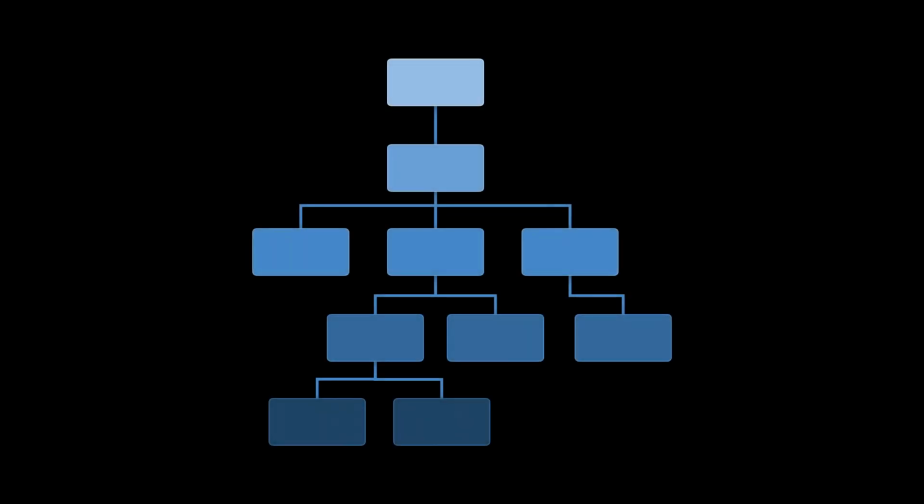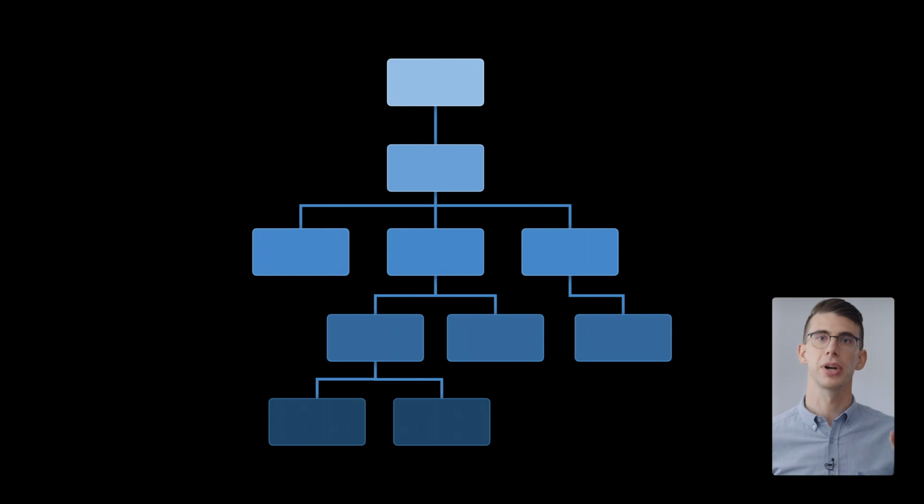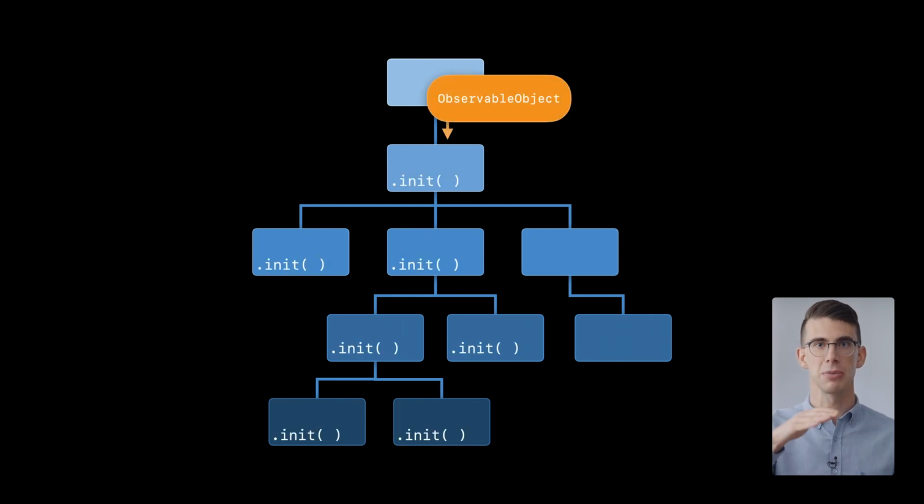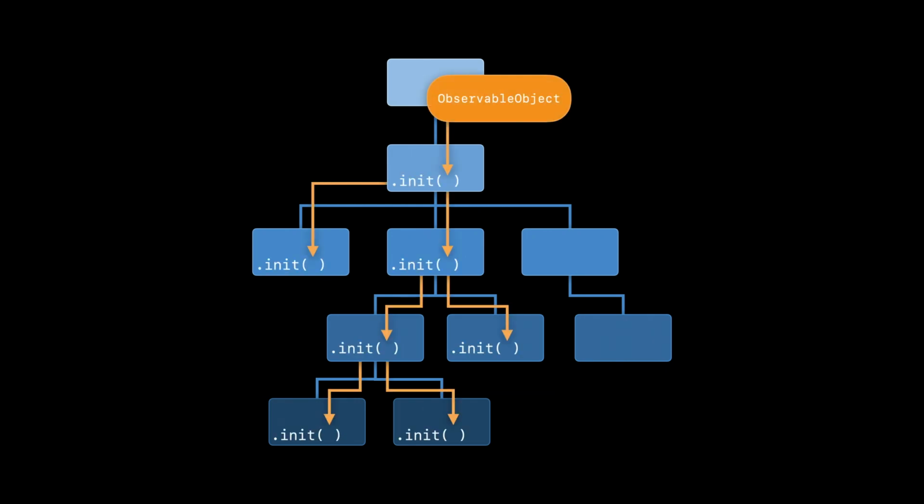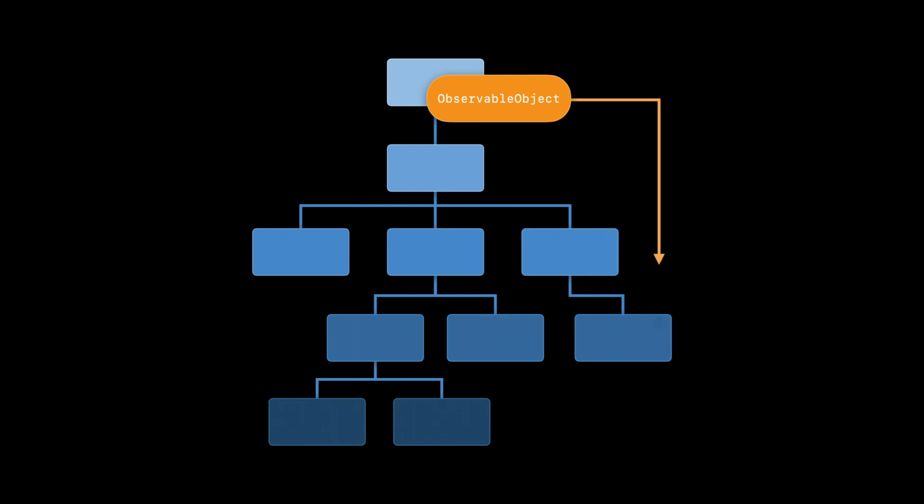In SwiftUI, views are very cheap. We really encourage you to make them your primary encapsulation mechanism and create small views that are simple to understand and reuse. This means that you might end up with a deep and wide view hierarchy, like in the diagram here. If we look at this through the perspective of data flow, you might need to create an observable object high up in the view hierarchy and pass the same instance to many views. Sometimes you need to use your observable object in a distant subview, and passing it down through views that don't need the data can be cumbersome and involve a lot of boilerplate.